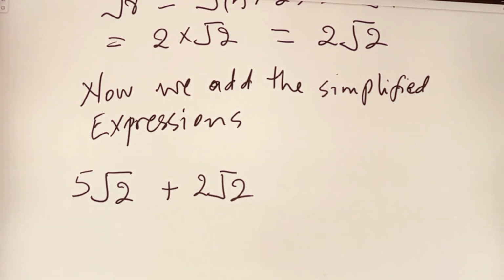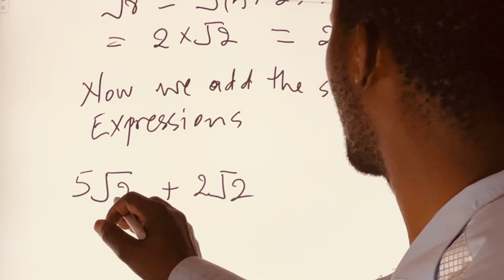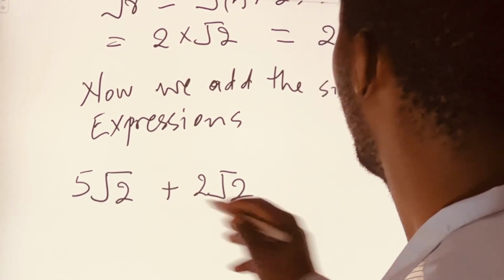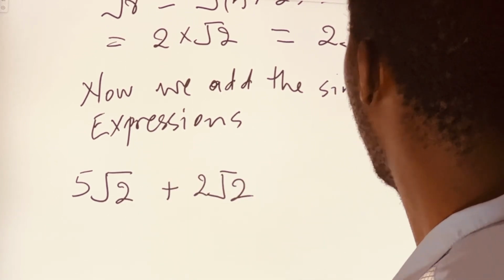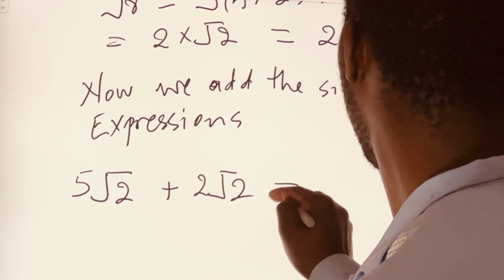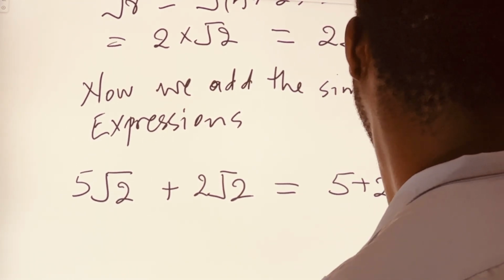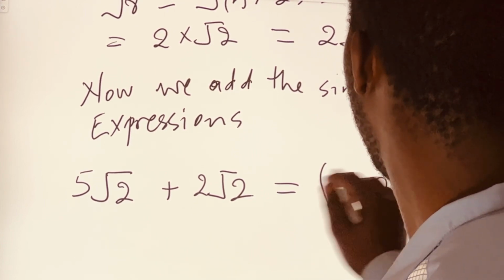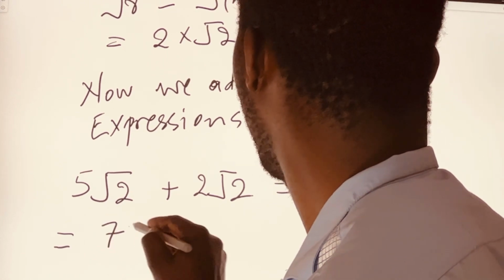Since we have the same square root, we are just going to add the coefficients, and then we maintain the common square root. This is going to be 5 plus 2 square root of 2. So when you add 5 plus 2, you get 7. This is going to be 7